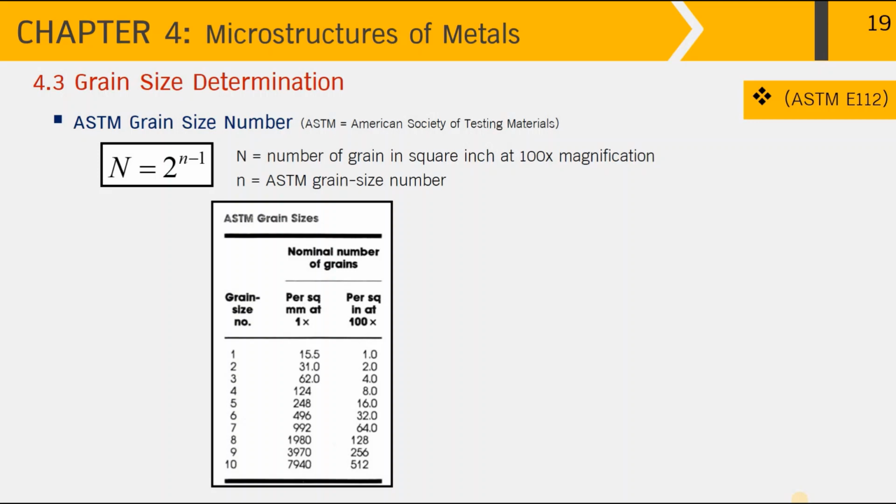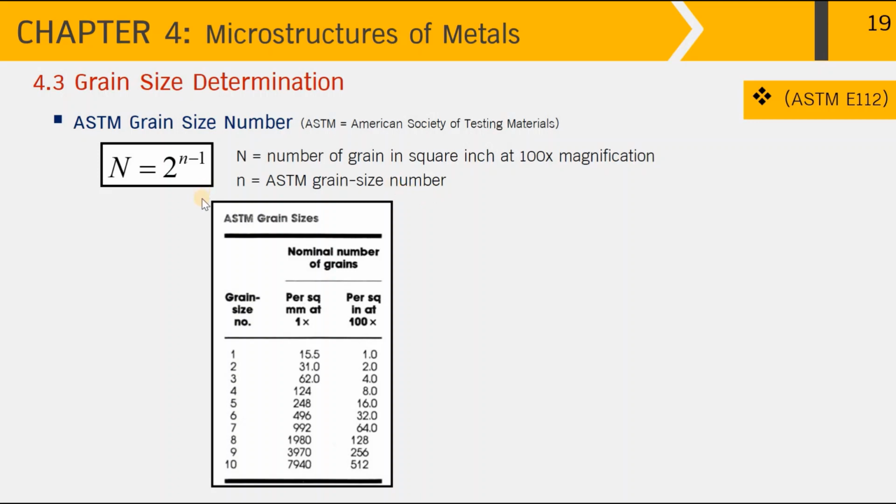One technique that I would like to introduce here is the determination of grain size following the ASTM grain size number according to ASTM E112, and you can find it online. According to the ASTM, or American Society for Testing and Materials, the grain size number can be determined according to this equation, where capital N equals 2 to the power n minus 1, where capital N is the number of grains in a square inch at 100 magnification, and small n is the ASTM